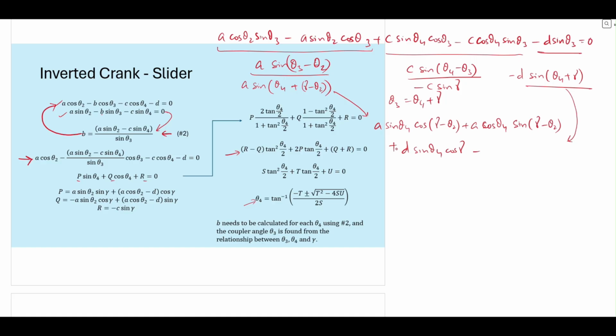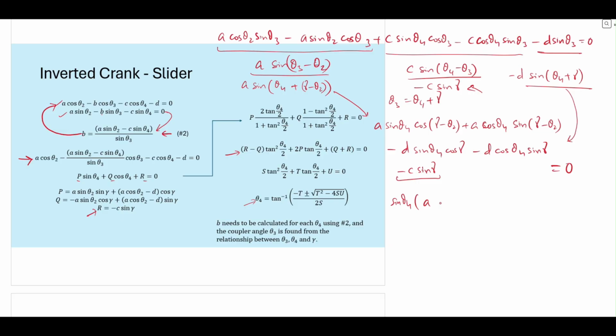There's a minus sign here, so it should be a minus. And then there is d cos theta 4 sine gamma. And then there's this term here, which is just minus c sine gamma. All of this is equal to 0. Now note, the only term which has no sine theta 4 or cos theta 4 is this, and that is R. If you take sine theta 4 common,